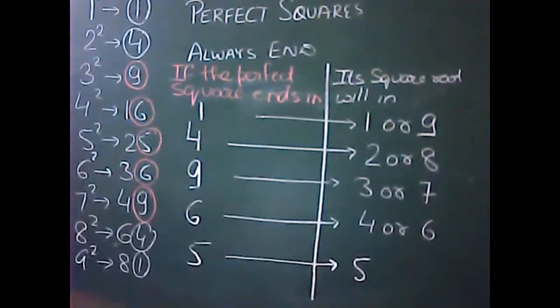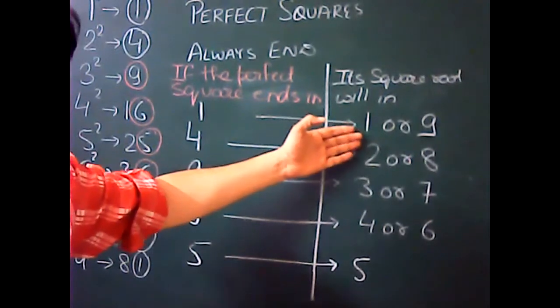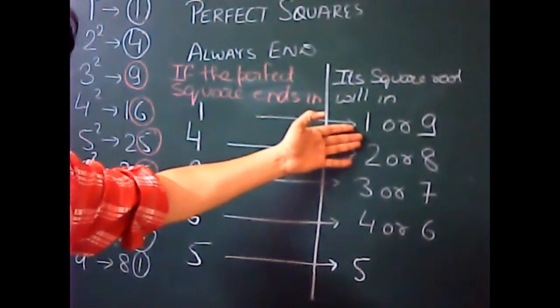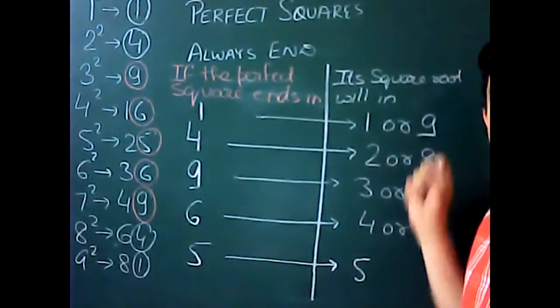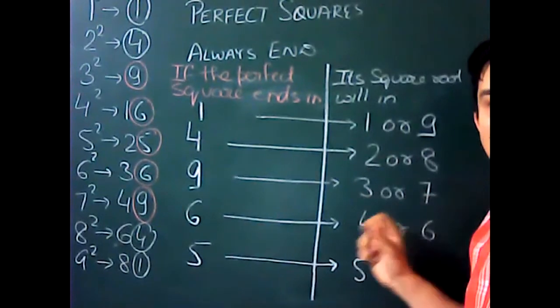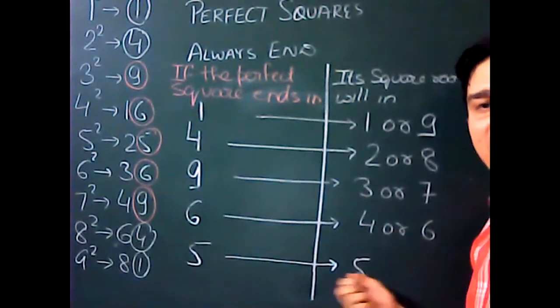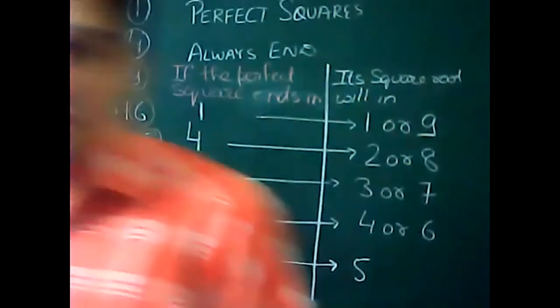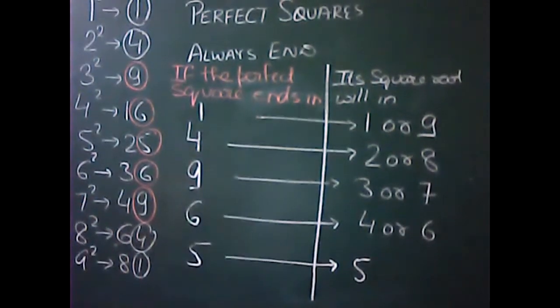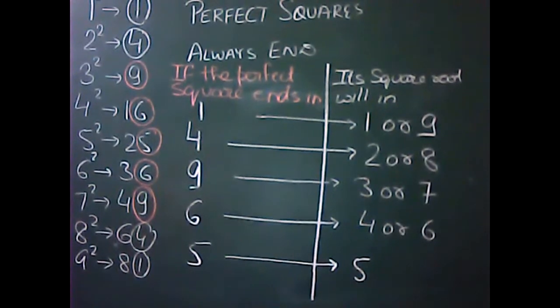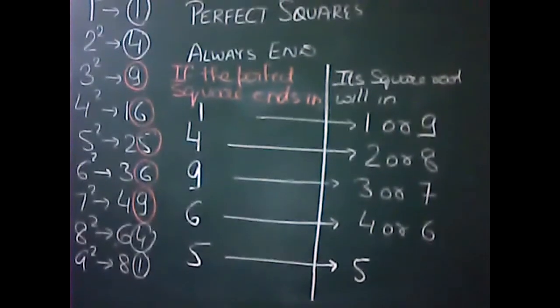Now, these pairs you are already familiar with. These are called best friends. You remember 1 and 9 best friends, 2 and 8 best friends, 3 and 7, 4 and 6, and 5. The best friend of 5 is 5. So you just have to note it down and repeat it a few times. Then I'm going to ask you some questions.